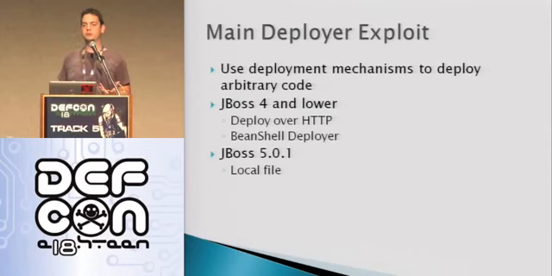JBoss 5 is a little bit interesting, and I spent most of my time looking at 5.0.1, so this may be quote-unquote fixed at this point. The HTTP deployer and the Bean Shell deployer code is all there, but it doesn't seem to be quite fully implemented. In theory, you could go open a bug on their Jira, and maybe it'll get fixed eventually. But if you can get a file onto the local file system, anywhere on the file system, you can deploy that. So think about things like anonymous FTP or broken image upload mechanisms. If you can get a file there, that's game over, no matter what version of JBoss you're using. And again, check this out in Metasploit.